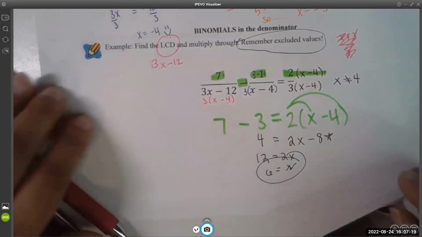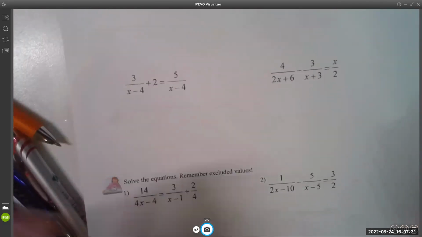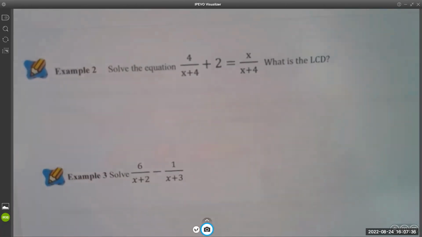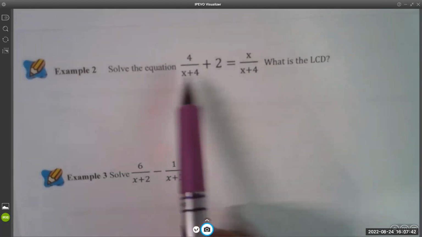So these are definitely more challenging. And so I have several more examples for you. 1, 2, 3, 4 more to do with you. And hopefully you start getting the hang of it. Okay. So this next one is a little off because the examples I've been doing have all had 3 fraction